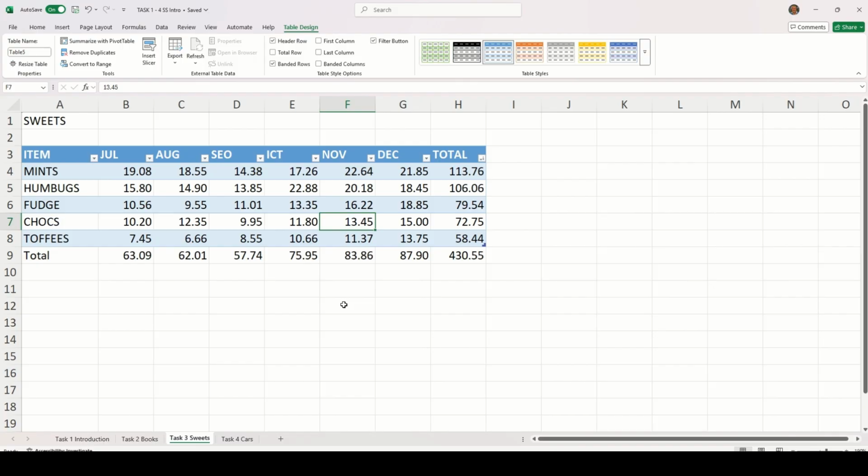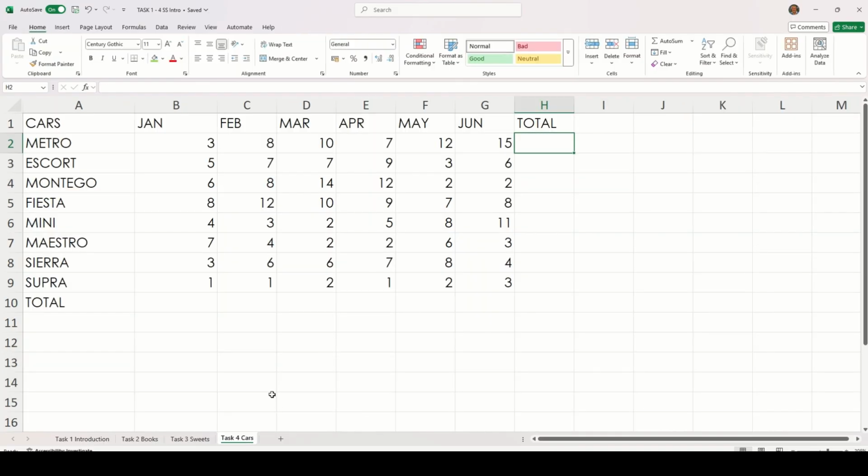Okay, I think that pretty well covers everything. I mean, obviously I'm going to leave that for you guys to have a play with yourself, where you can turn it into a table, you can work out the totals, have a bit of